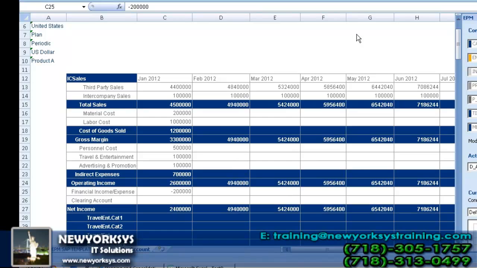Okay, so here's a fairly standard application. Basically, it's got a standard chart of accounts type situation, income statement, balance sheet, calculates net income, and